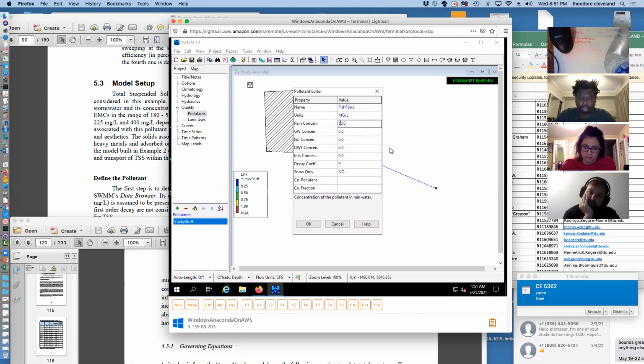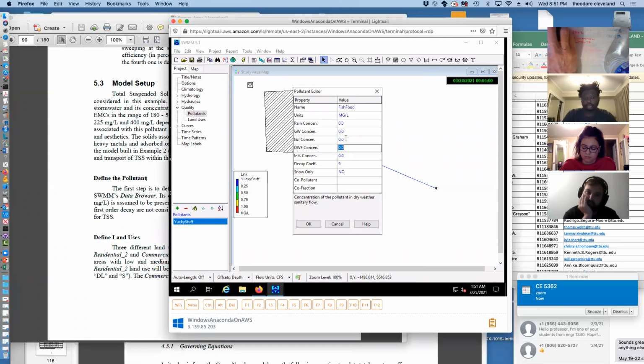And I'm going to set the concentration of fish food in the rain to 0. The concentration of fish food in groundwater is 0. Inflow infiltration is 0. DWF, I forget what the acronym means. Dry weather flows. So think of that as sewage flows. And the initial concentration is set to 0. I have a decay coefficient of 9, which I will return to 0. Okay, so we now have a pollutant named fish food that starts out life in our system as 0 everywhere,